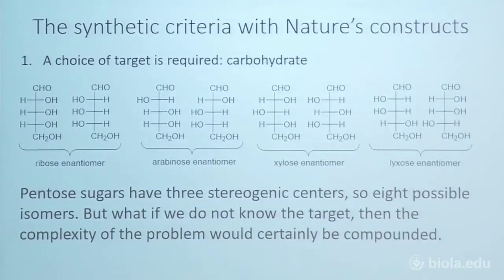In trying to make this in a prebiotic world, all you can do is mix certain things, but you can't do real sophisticated chemistry because you're only supposed to use the molecules that nature had at the time. Things like formaldehyde, things like ammonia. He had to make these pentose sugars, but the pentose sugars have 3 stereogenic centers, which means you're going to end up with a total of 8 possible isomers. You get these 4 pairs of enantiomers, and between the pairs, they're diastereomers. So you don't just get one, you get all of them.